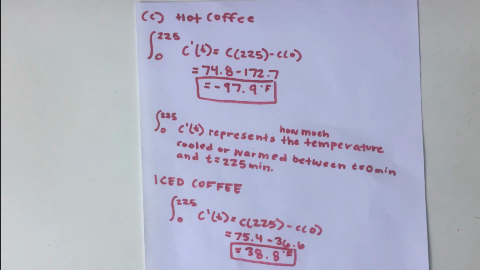In order to evaluate these integrals, you need to use the first fundamental theorem of calculus, which states that if f is continuous on the closed interval from a to b, and F is the indefinite integral of f on a to b, then the integral from a to b of f of x dx equals F of b minus F of a. This integral represents how much the temperature cooled or warmed between t equals 0 minutes and t equals